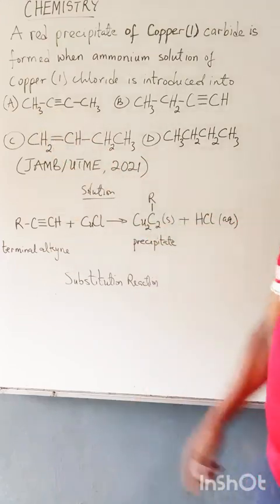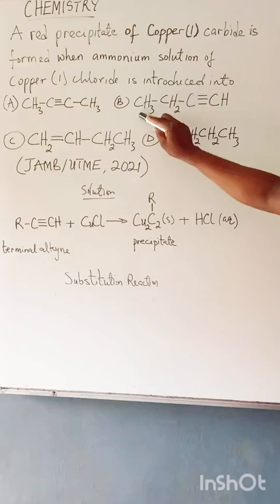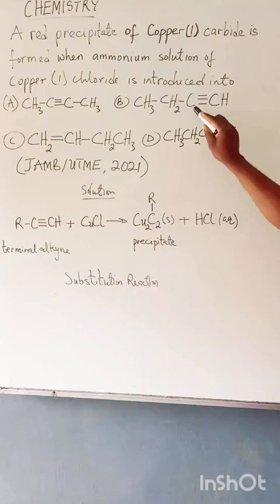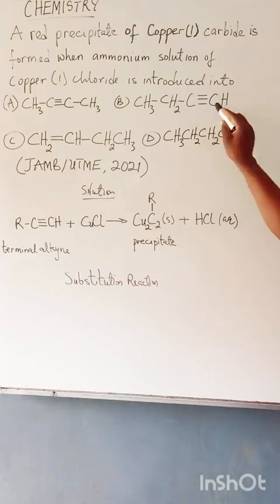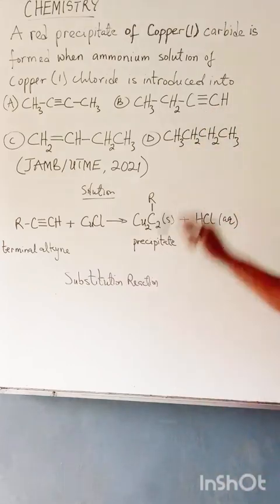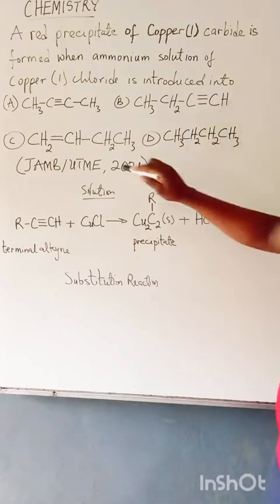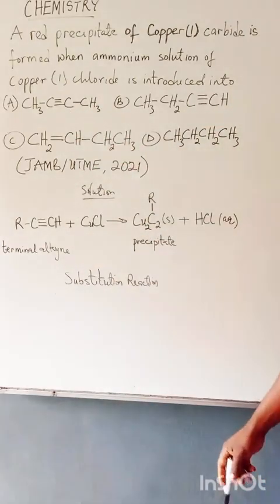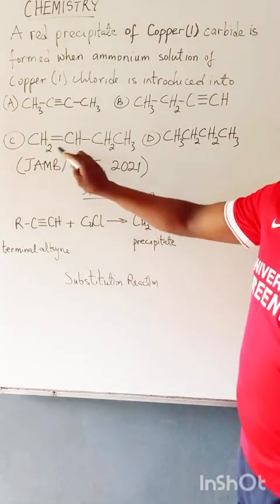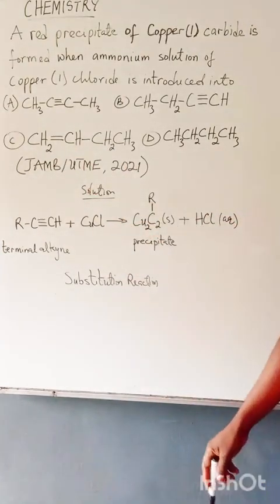And then this one I call but-1-yne because the carbon-carbon triple bond is positioned at carbon atom number 1. So I call it but-1-yne, but-2-yne, and then this one, 1, 2, 3, 4, is